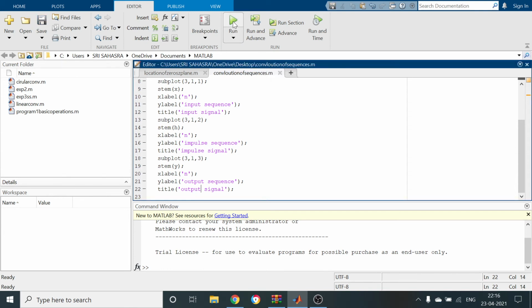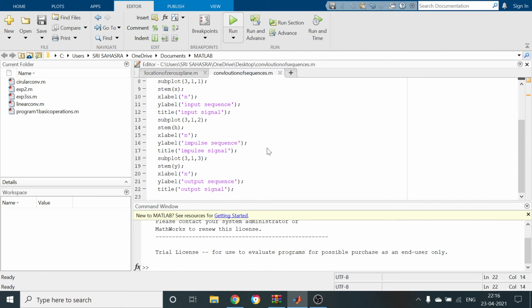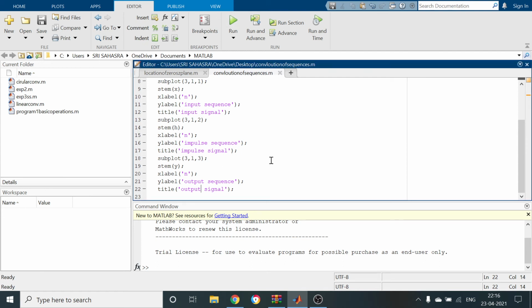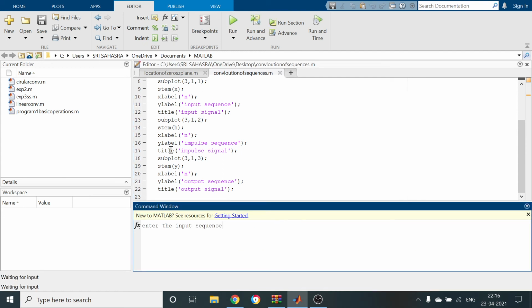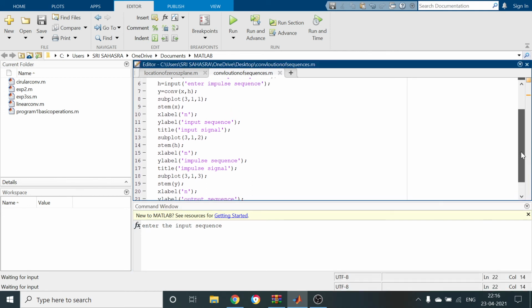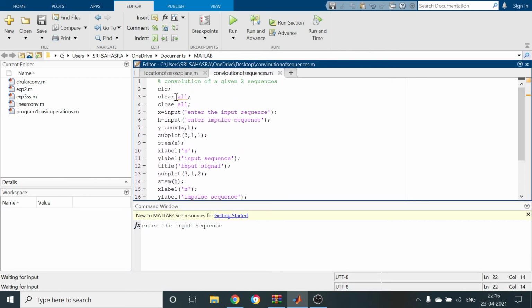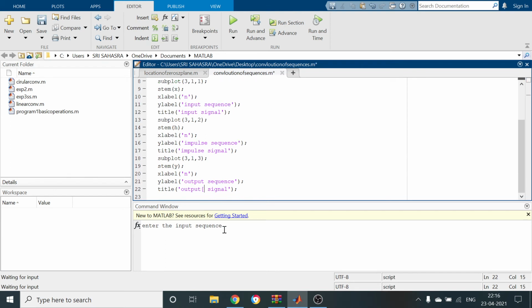Now run the program. So again you are going to get what? Add to path. As soon as there are no errors, you are going to get the command window. So it is going to execute instructions one by one. CLC clears the command window screen. Clear all, the workspace data is cleared, close all, previous windows are closed, X equal to input. Input means you have to enter. So I am going to give the data 1432.